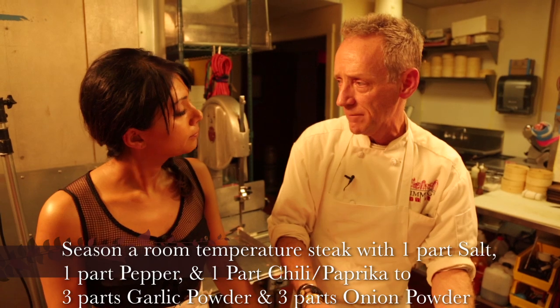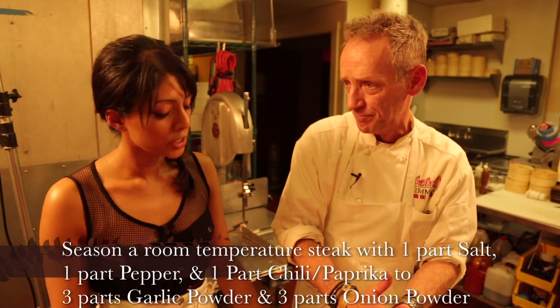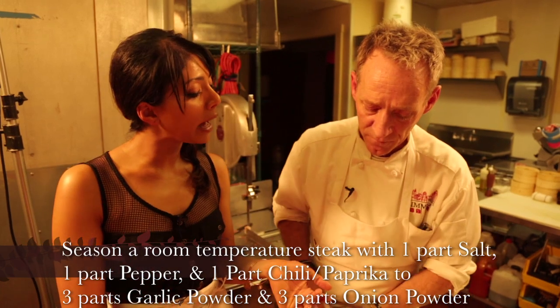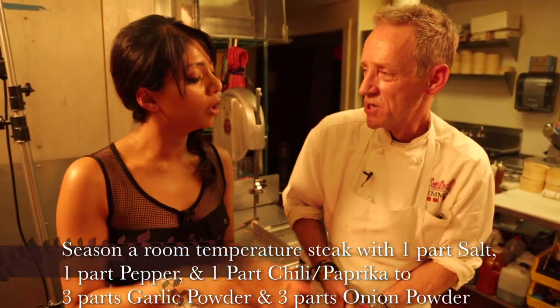Let's say if you want it medium, you put cold steak on a hot fire. The outside's going to cook, and it's going to get burnt. So allow it to rise to room temperature first. And then you said onion powder, paprika, some sort of chili powder or paprika powder, salt, pepper,